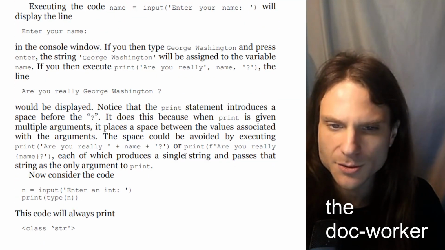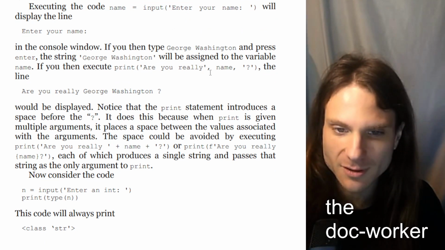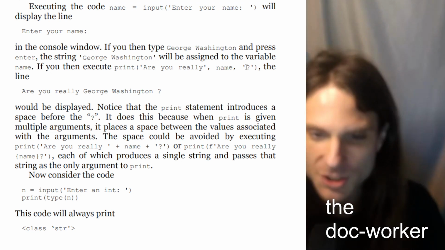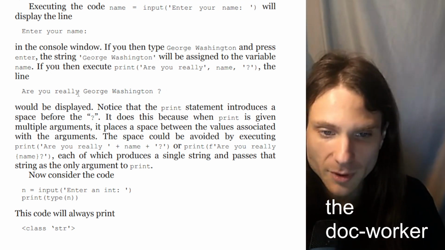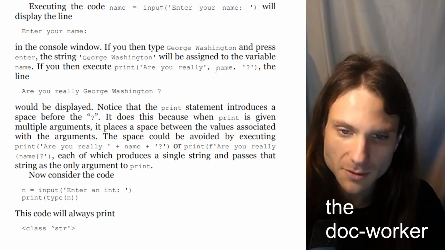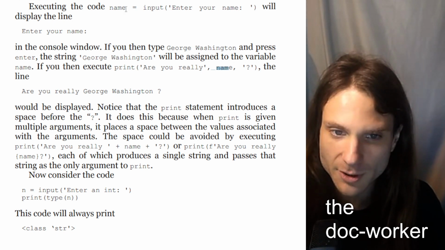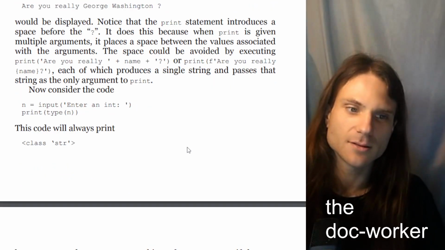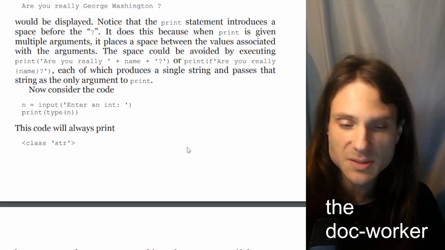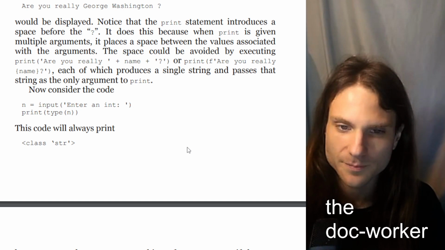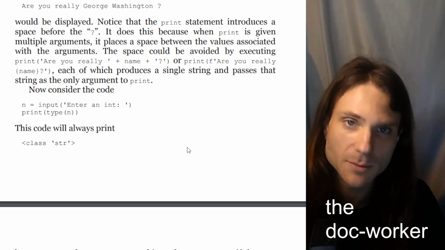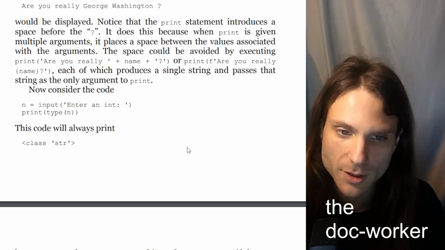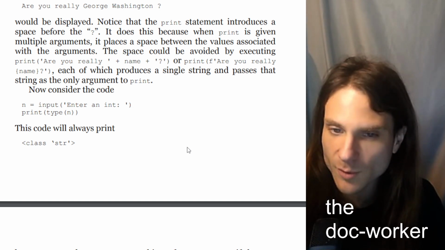If you then execute print the string are you really, comma, the variable name, comma, the string question mark, the line will say are you really George Washington, because the value of our variable name has been assigned to the output of this, right? Notice that the print statement introduces a space before the question mark. It does this because when print is given multiple arguments, it places a space between the values associated with the arguments. The space could be avoided by executing